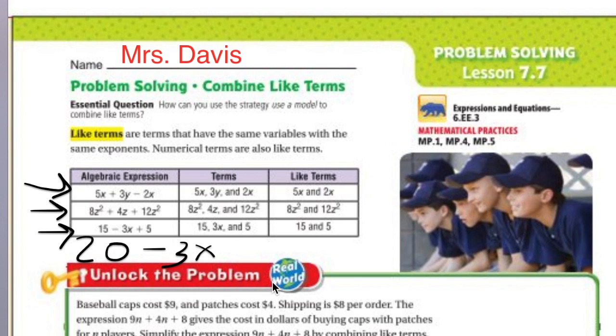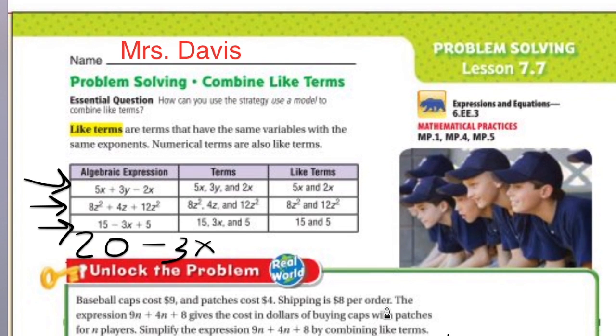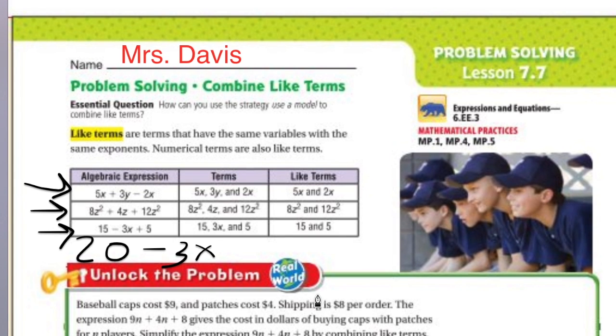And then you have to know by this problem that $8 is what you're paying for shipping. So 9n plus 4n plus $8 for shipping. So it asks you to simplify the expression 9n plus 4n plus 8. To simplify the expression, you would combine your like terms, which in this case would be,